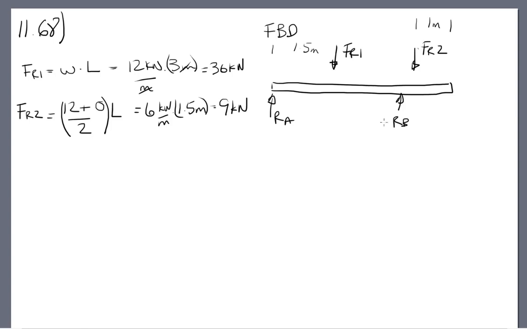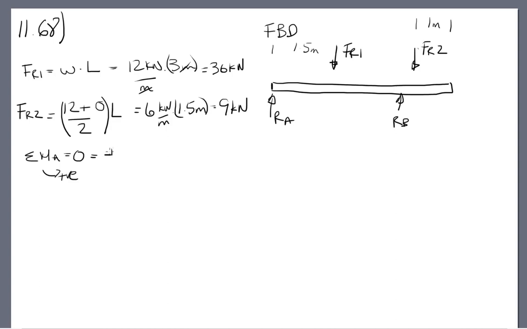Okay, so going back to class, we talked about the first thing you really need to do is solve for your reactions. So that's RA and RB, and we know since these journal bearings only provide vertical force, that there's no moment at A or B. In order to solve for RA and RB, if you take the moments about A, that eliminates A as a variable. You're left with one unknown, and then you can solve for RB. So sigma M about A equals 0. We do positive counterclockwise, so FR1 about A is rotating clockwise, so it's going to be